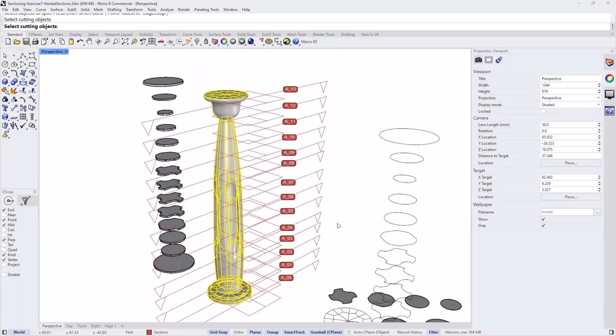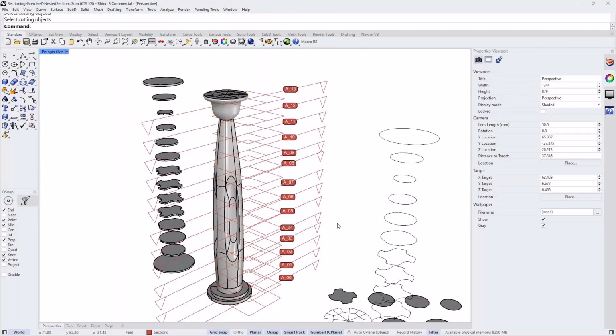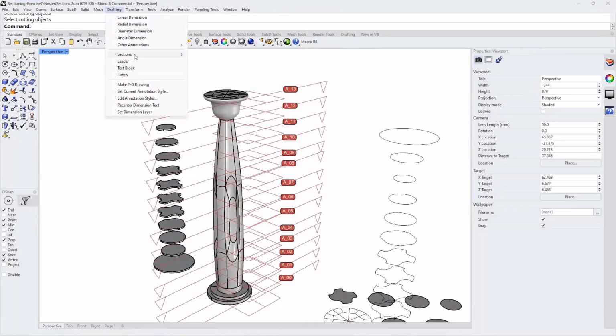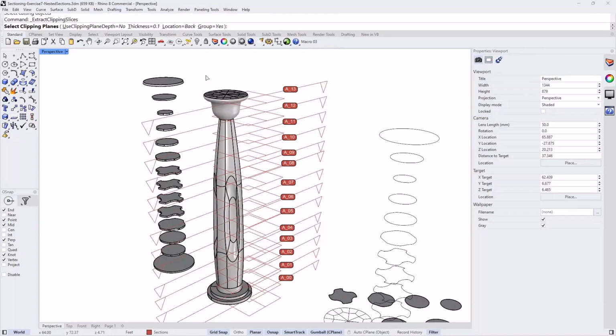And because artists are visual people, it's nice to play with your object and look at different options. So I thought that the clipping plane was an interesting way of adding or removing material on an object. This could be an option on extract slices, which is basically slicing the model itself with all the clipping planes. I'll have to look into it, but thank you.